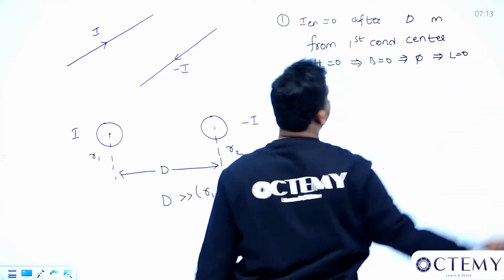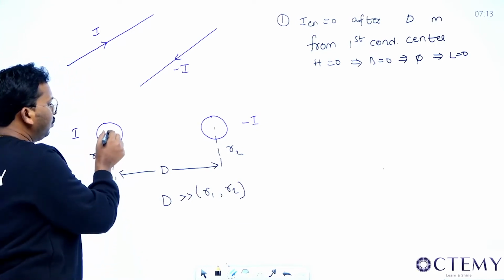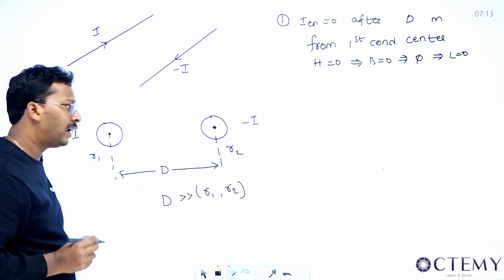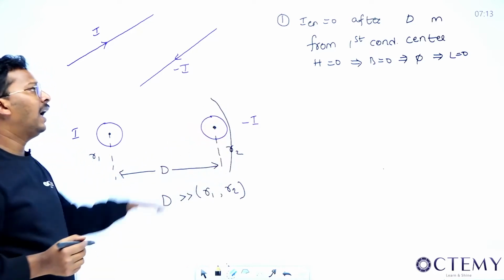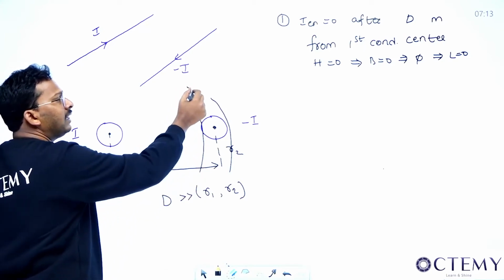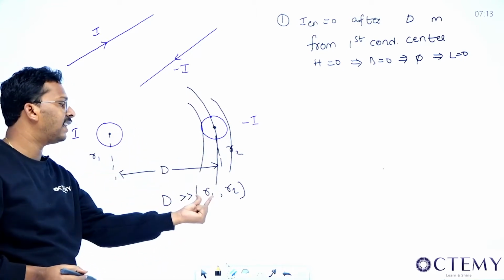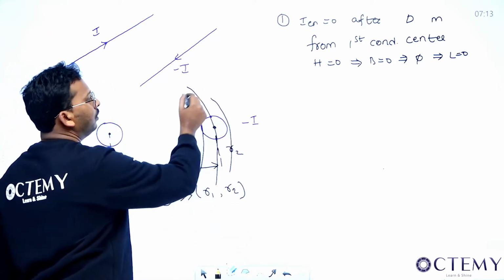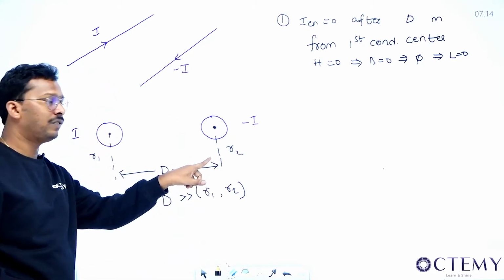I cannot calculate inductance because the flux linkage outside this conductor is not happening. Right? That is why if I want to see the flux linkage because of this current, I will see only till this point. Because as soon as you cross this particular line, here you will get the H as 0. Till here the flux linkage is happening. So on average we will take that till here the flux linkage is happening. That's why we take it till center, and since the distance is far greater than R1 and R2, it doesn't matter whether you take it till here or here. So this is the reason why we take only the distance between these two conductors.